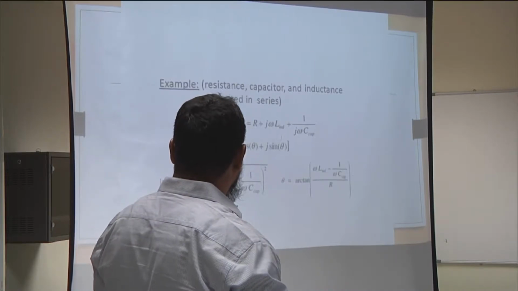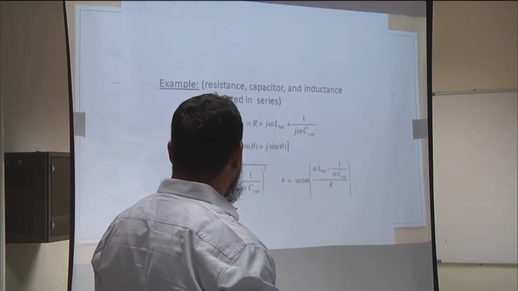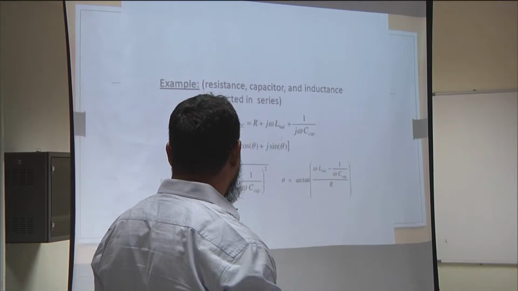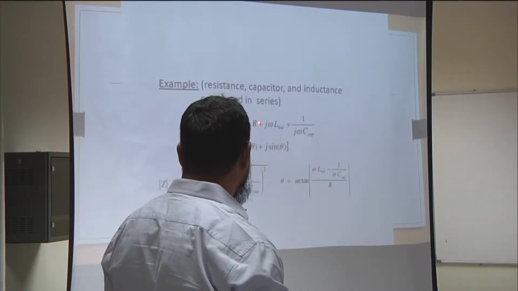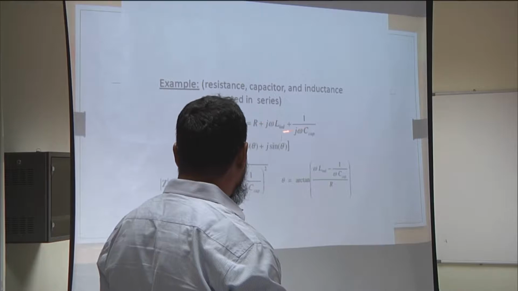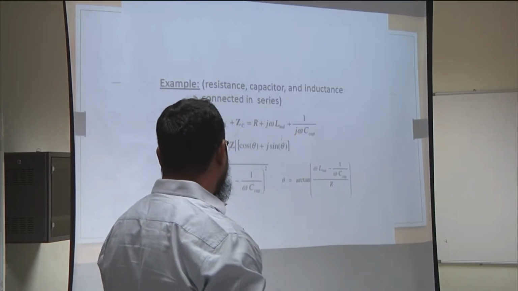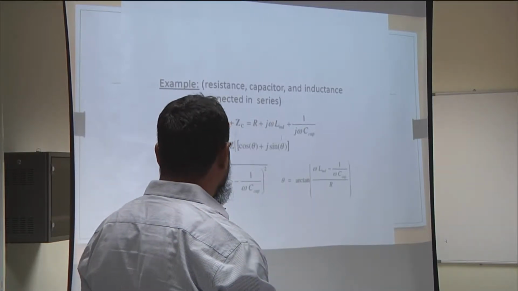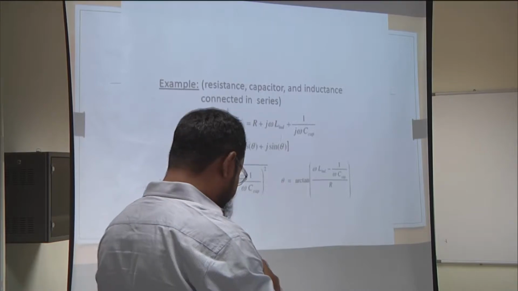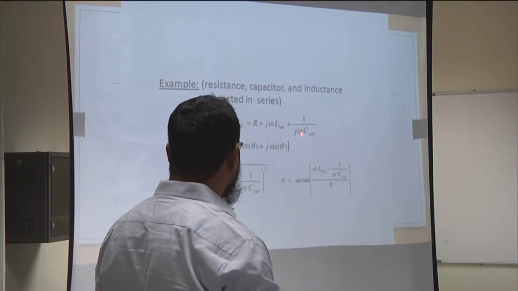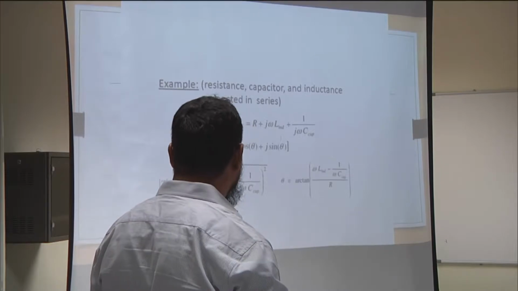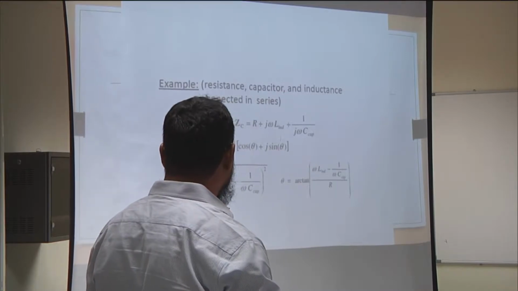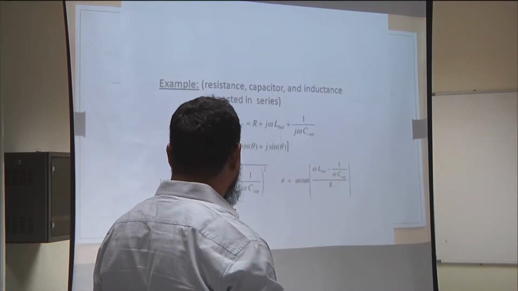All right, let's go back. In case of series, resistance capacitor, we did this already. So here it's an example showing the series combination of ZR, ZL, and ZC. So for R, you have these. So basically, you are adding up 3 impedances. And this is how you do it. For ZL, you replace with j omega L. And for ZC, you replace with 1 over j omega C, and you work it out. So this is the same Z equivalent